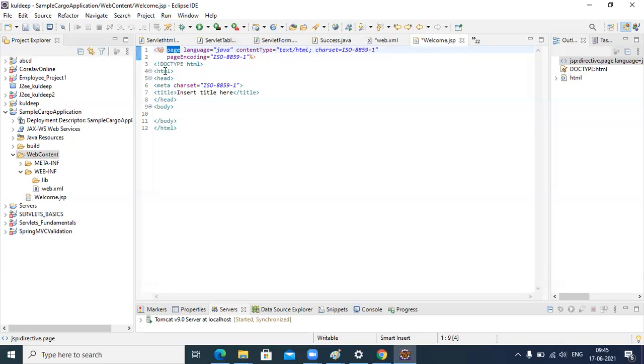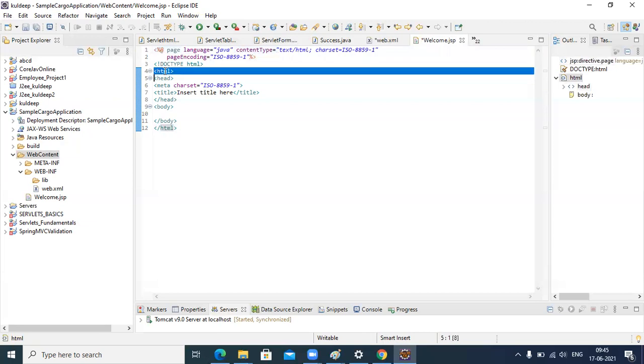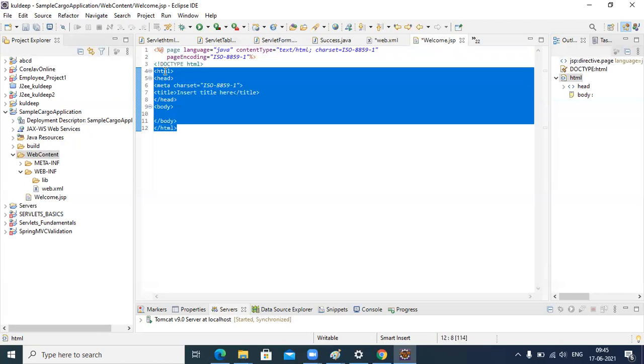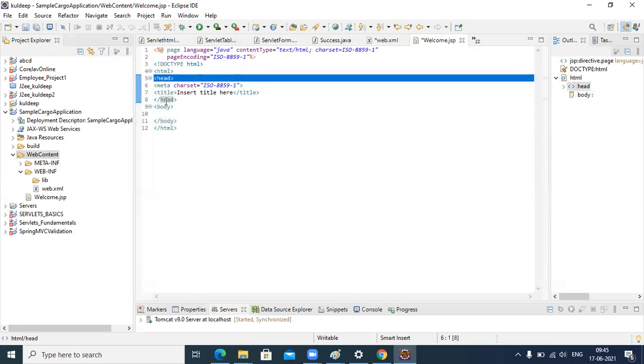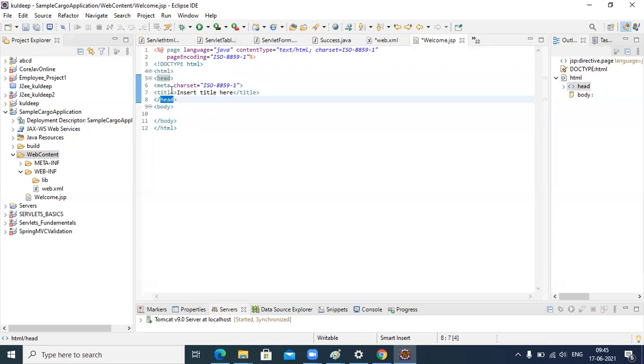Next, the HTML header tag, and this is a sample HTML file. I'm sure you must know it. HTML tag, head tag. For every opening tag, you will have a closing tag. Here it is HTML, closing tag HTML. Body tag, closing tag body. Header tag, closing header tag. Title tag is closed.